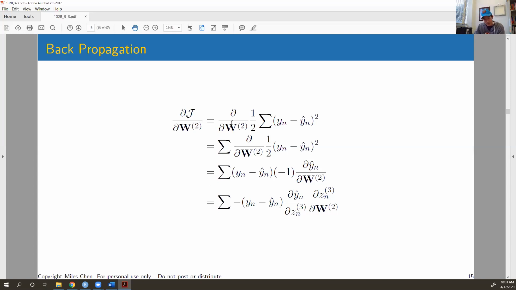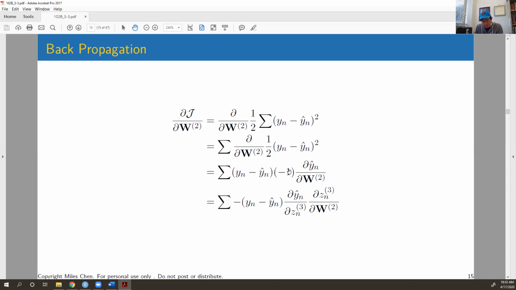So here's our loss function, right? The derivative of this with respect to W2: the derivative of the sum is going to be the sum of the derivatives, and so this gets this. Then, the derivative of this, the 2 comes down, and then